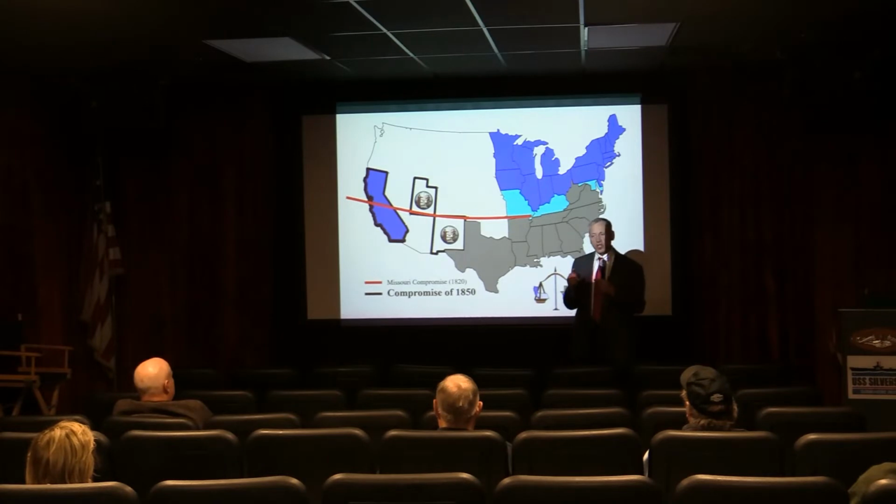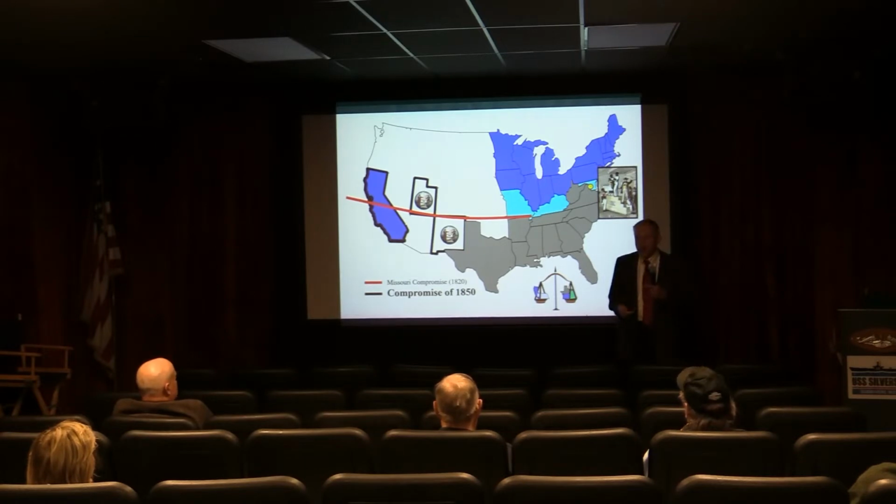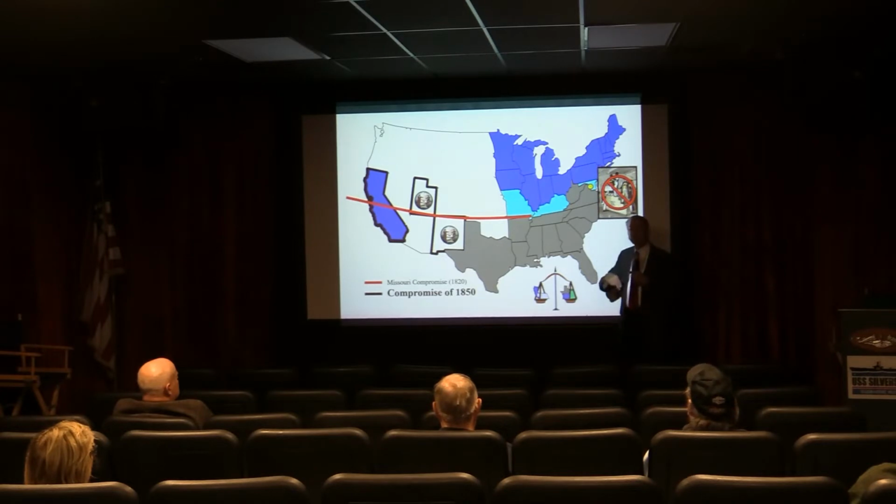But there were two other provisions that were part of the Compromise of 1850. First of all, here in Washington, D.C., since the founding of the city itself in the early 1800s, there had been slave traffic, slave auctions held right within range of the White House. This was considered distasteful to the abolitionists. And as part of the Compromise of 1850, it was declared that there would be no more slave auctions within the precinct of the District of Columbia. So the North got something. The South has to get something in return.